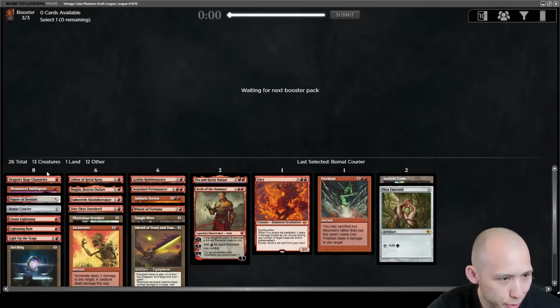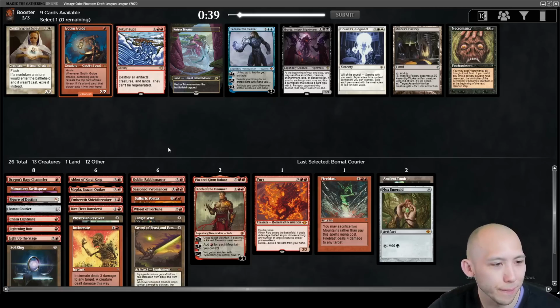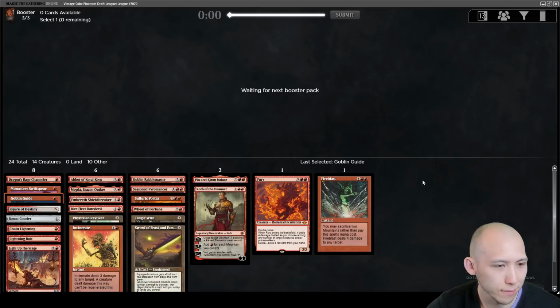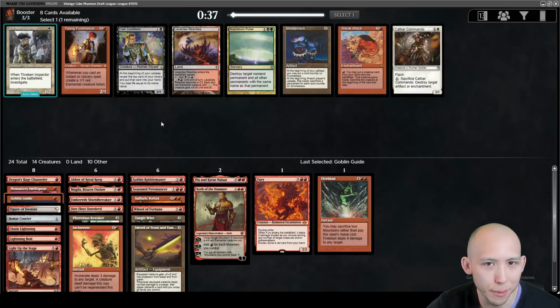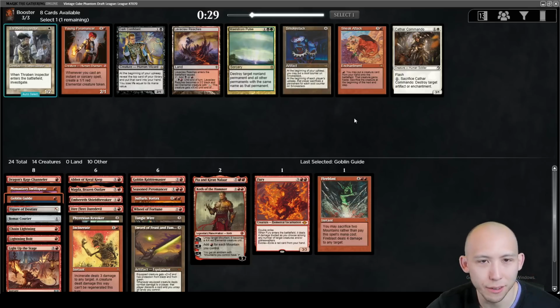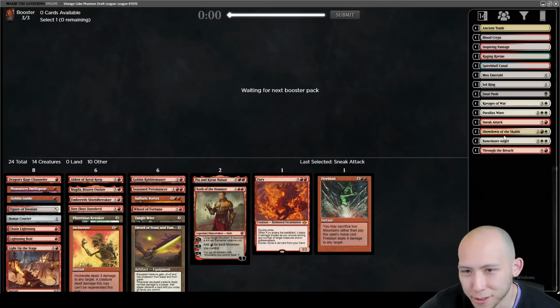Fantastic. So 4 1-drop creatures, 5 2-drop creatures. Still only 2 2-drop creatures. Oh, there's Goblin Guide. Nice. I guess I forgot to note that as one of the best 1-drops in red. Pyromancer. 1, 2, 3, 4, 5, 6. Yeah, not going to be good enough here. Don't know why I'm hate drafting, but...